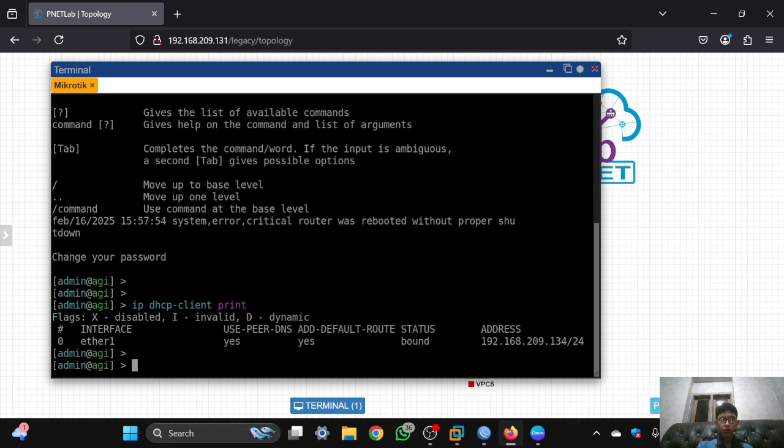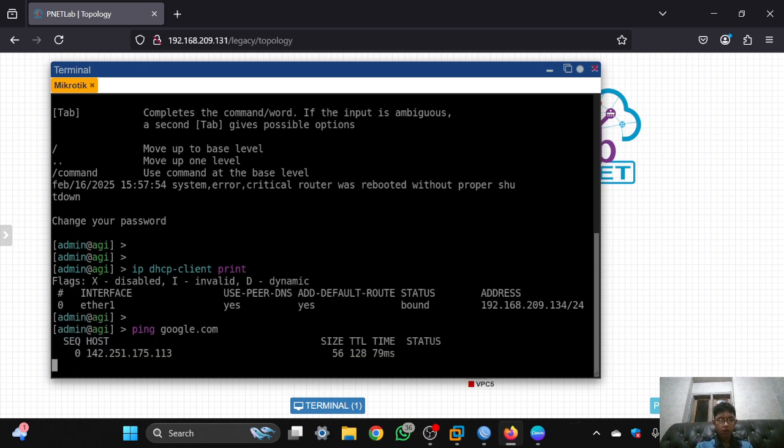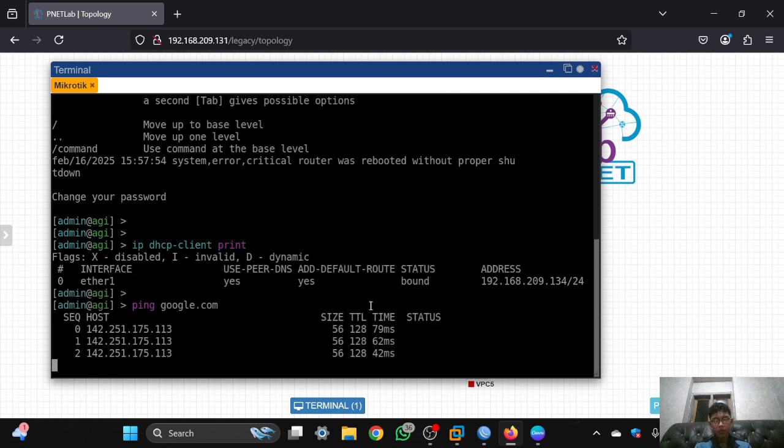Because the ISP supports DHCP client and has a DHCP server, it will automatically give the DHCP client. So you can ping Google like this.